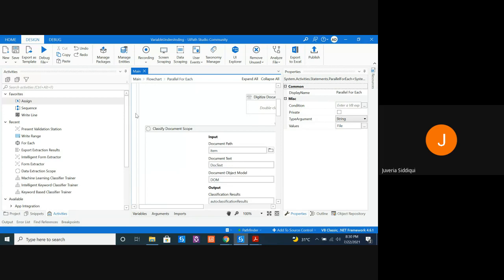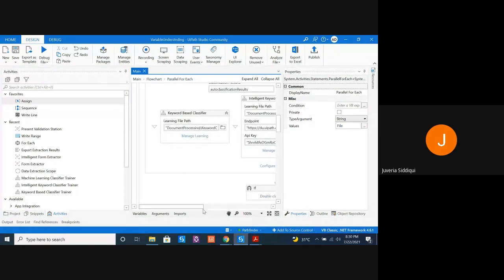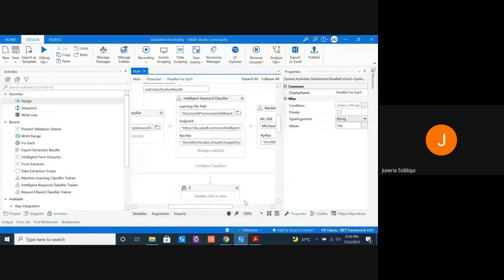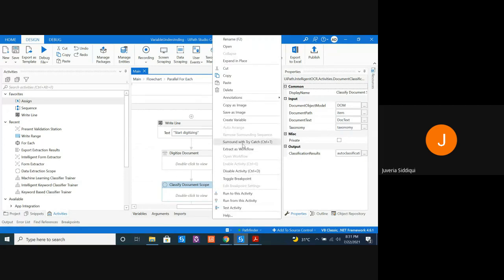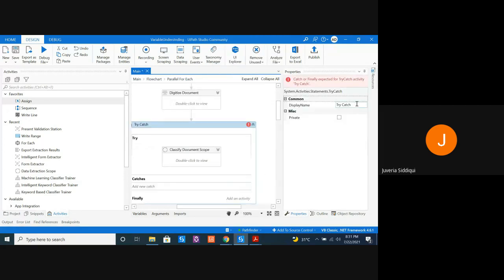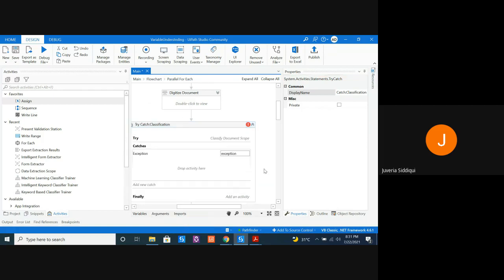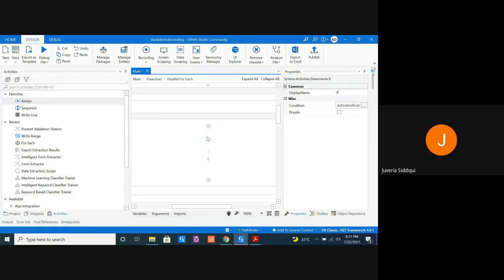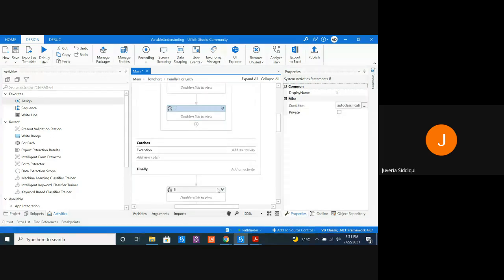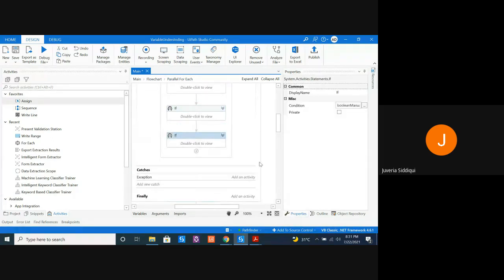So for that, let's keep our code in a try catch. I'm going to put everything related to classification and extraction in the try-catch so that they're still maintained in the same scope activity.